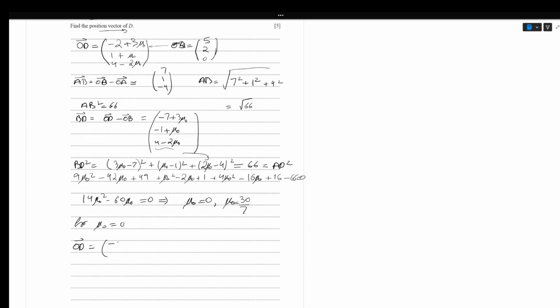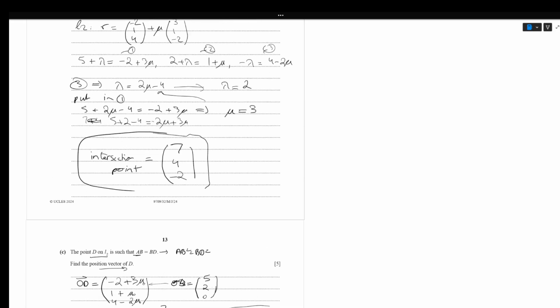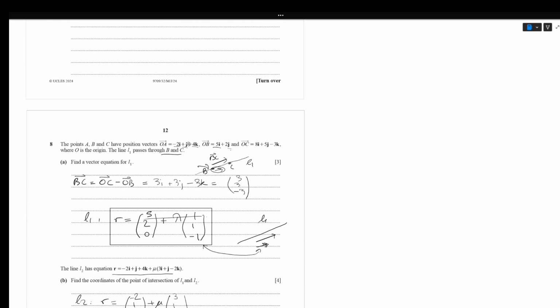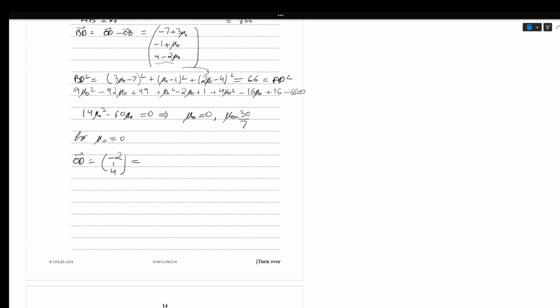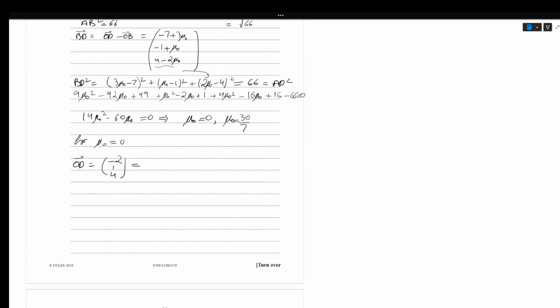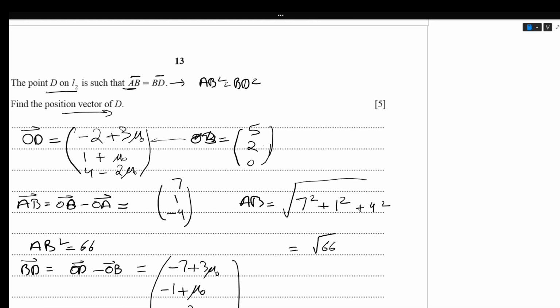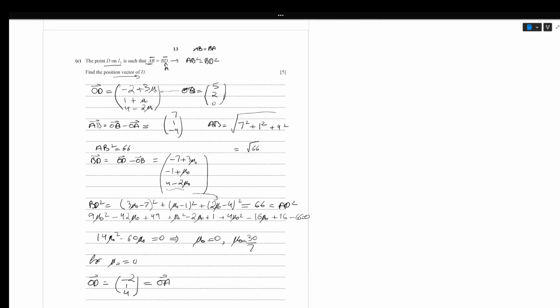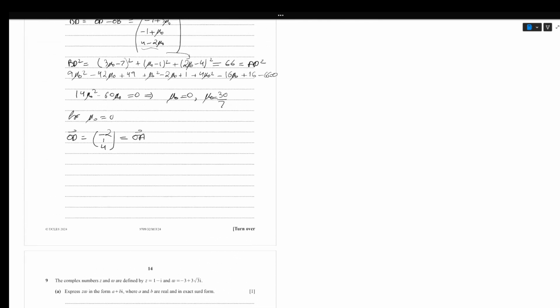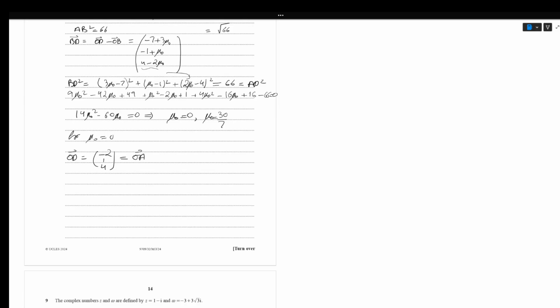OD हमारे पास -2 1 and then 4 है, बट अगर हम याद करें -2 1 4 हमारे पास OA है, which means कि D is the same point as A, and that will make sense because इस इक्वेशन में अगर हम A to B का डिस्टेंस देखें और D to B का डिस्टेंस देखें एंड इफ अगर A है then it is true कि A to B का डिस्टेंस is the same as B to A. So ये आंसर आना चाहिए था, but it's not the one we are looking for. हम एक separate D ढूंढ रहे हैं तो we just neglect this,